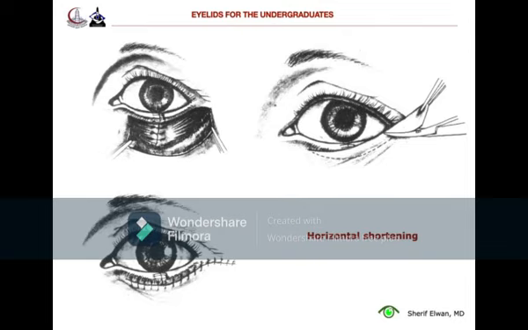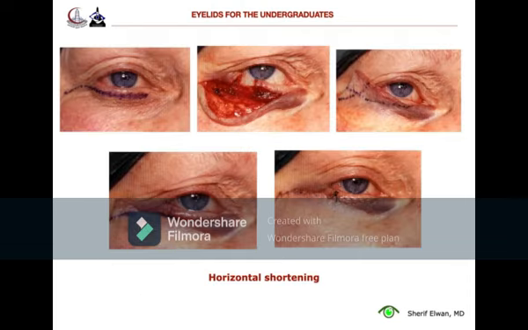This helps in not making a direct vertical through and through scar, which may contract later on and increase the condition of ectropion. Here we go. We make this incision, expose the inner lamella, make a vertical incision, and then excise the extra